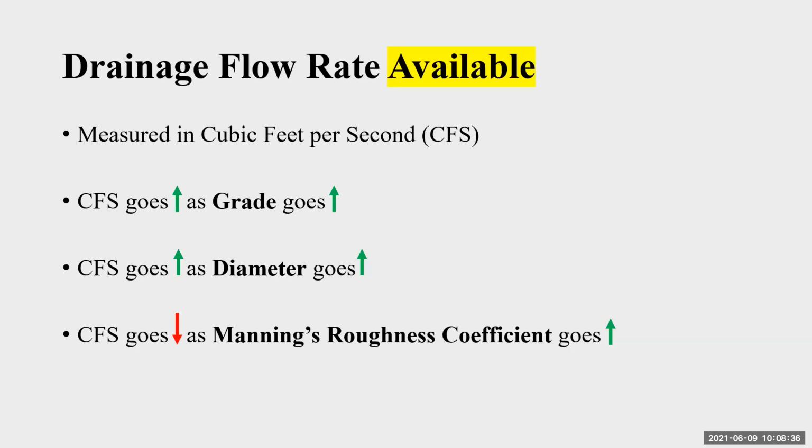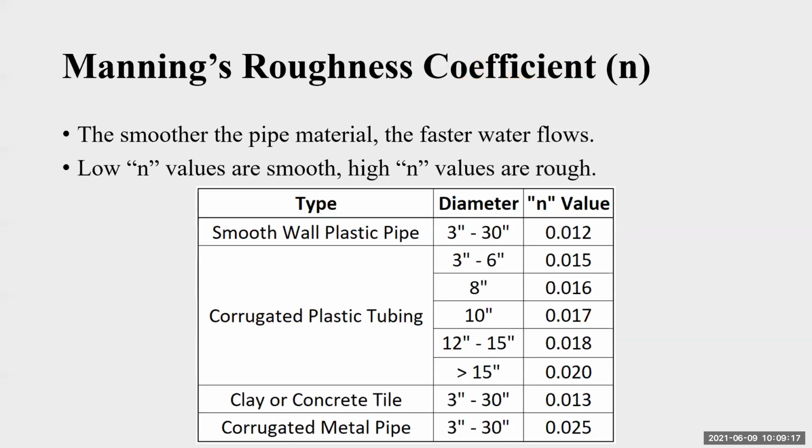The last three that I talked about dictate the total capacity available in the pipe. Okay, so the first two gave us how much flow you need to have in the pipe, and these three tell us how much flow that pipe can actually carry. Similarly with the first two factors, as the grade goes up, as the steepness increases, the flow that the pipe can carry increases as well. As the diameter, the size of the pipe, gets bigger, obviously you can carry more flow in it as well. But the one that's inversely proportional here is what's called the Manning's roughness coefficient. The lower that value is, the more flow the pipe can carry. And I'll talk about that here on this slide.